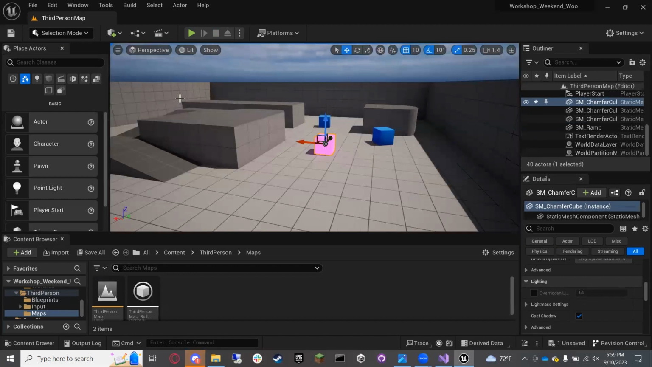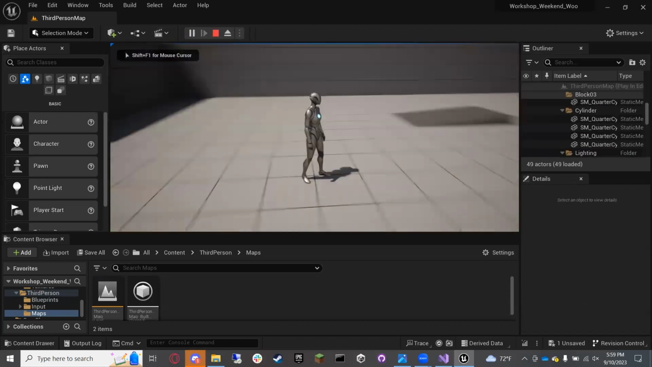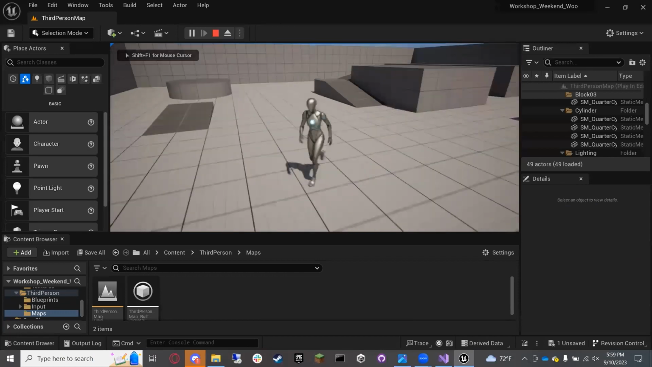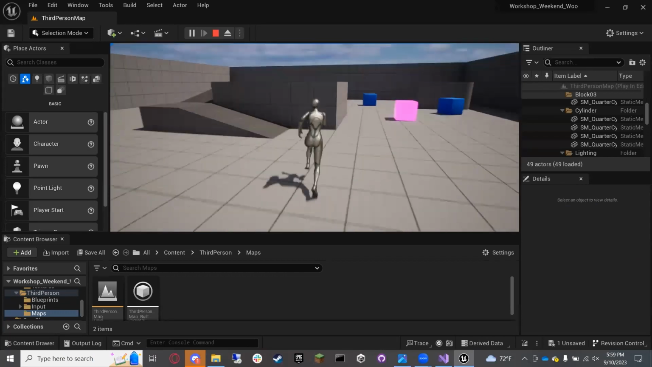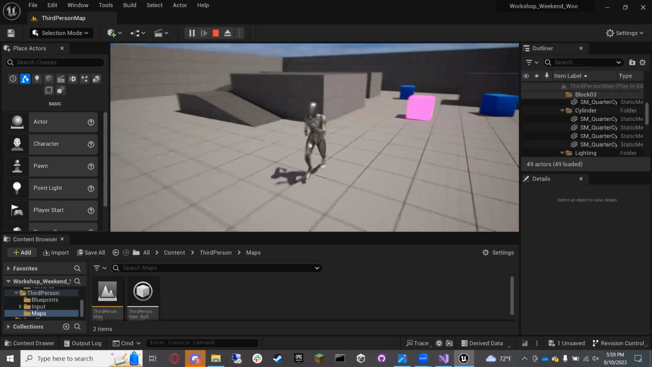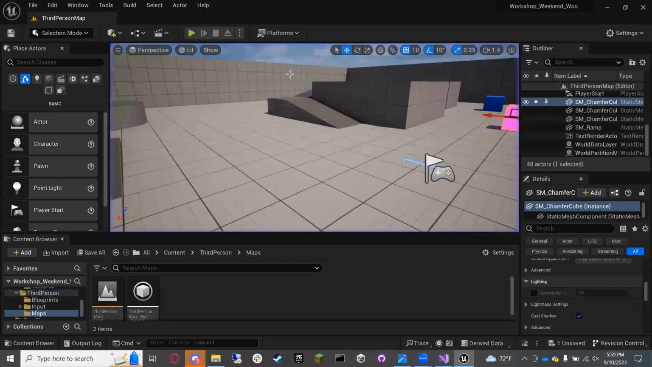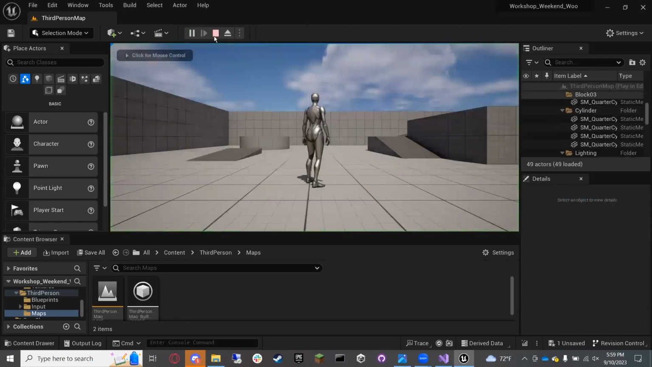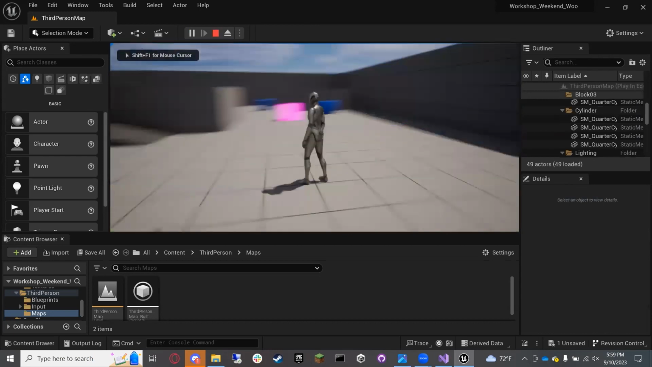Great. So I guess one thing I should also talk about at the top, there's this little play button. This lets you actually play the game. So if you wanted to test out the current scene you're working on, you just hit that play button. If you ever wanted to stop it, you just hit escape. You could also hit this red button right here, but if you're playing the game, you'll notice I can't really